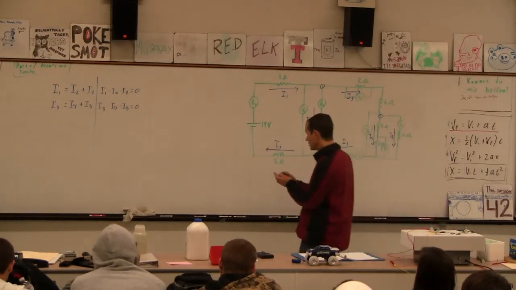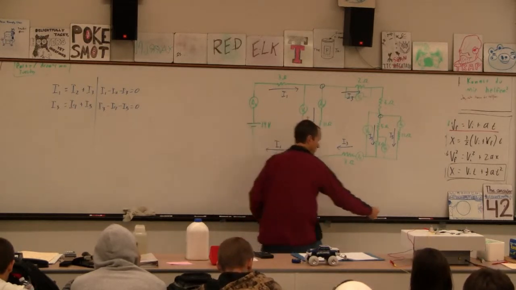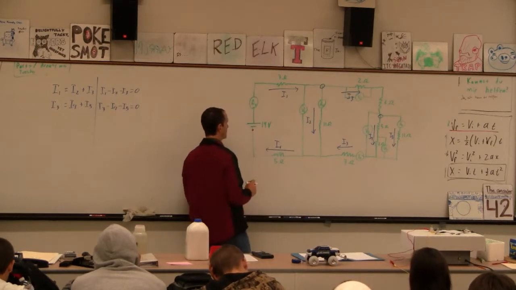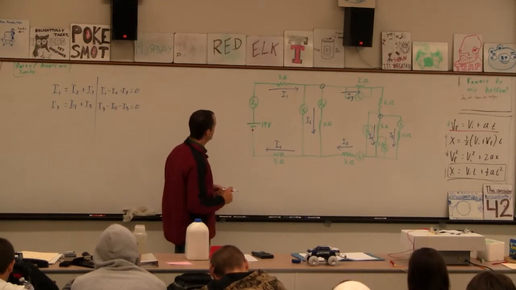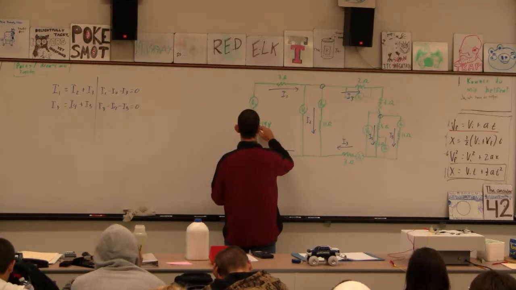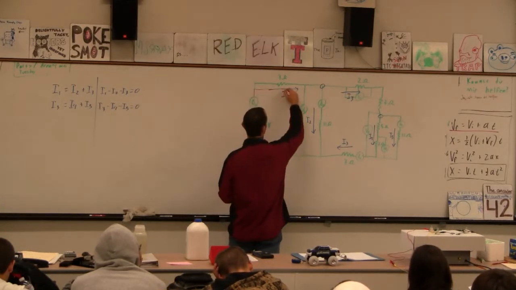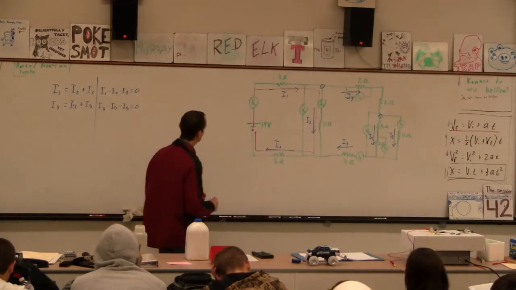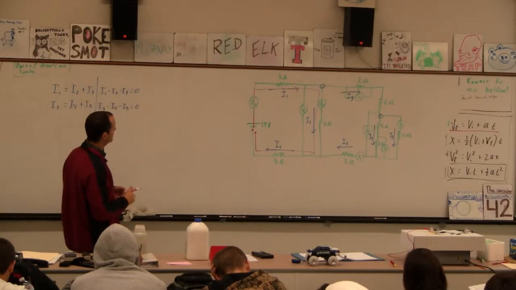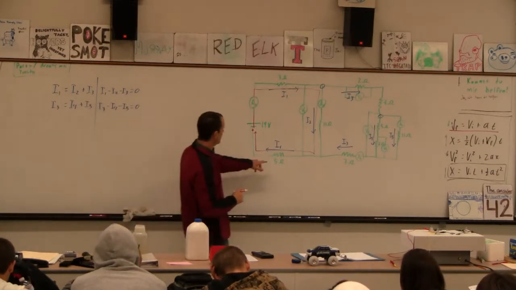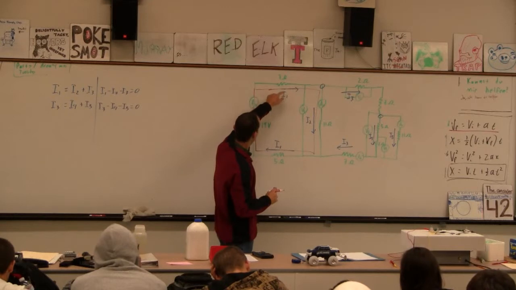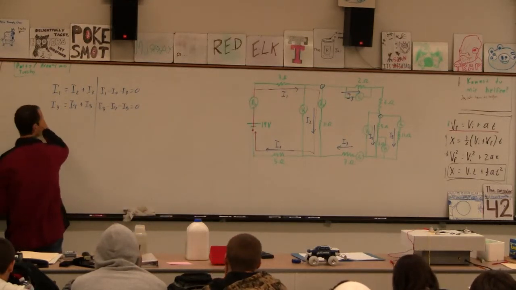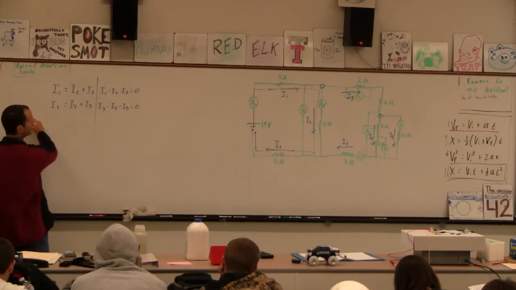And now we're going to do some loops. I'm going to use red to do the loops, okay? And I always start downstream of the battery, okay? So let's do a loop this way and go. That's the first loop, right? Okay. And so in that loop, notice that we're going to have 8I1 and 3I1 and all this stuff, right? They're both going to be I1s, but let's set that up, right? So that's going to be 19